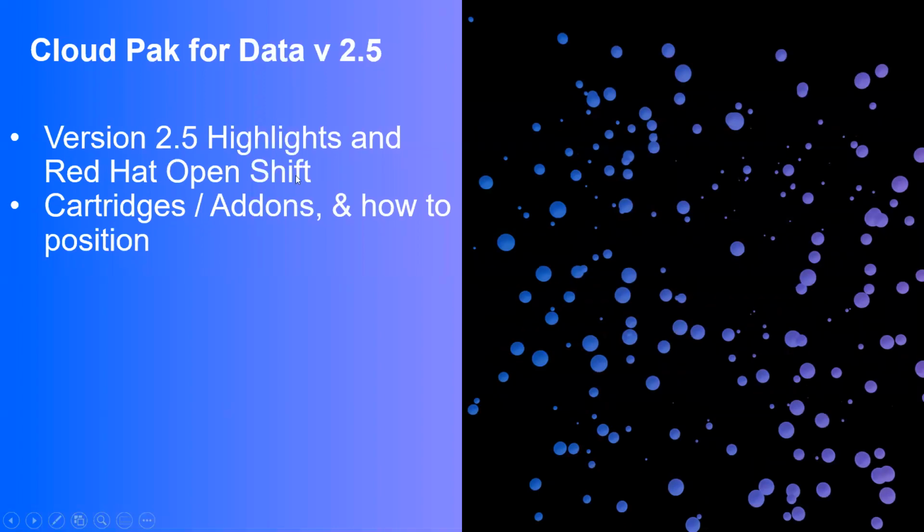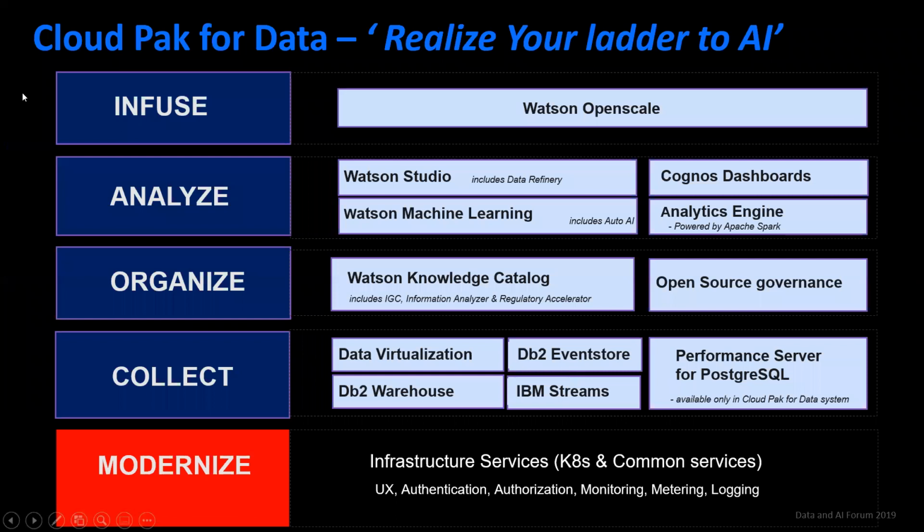All right. So Cloud Pak for Data 2.5. Take a look at it, what it comes with. All right. So here are some of the products that come with Cloud Pak for Data. For Infuse, you've got Watson OpenScale. For Analyze, you've got Watson Studio, Cognos dashboards. Now, full-blown Cognos is available. That is what's called an add-on cartridge, but it is available in this